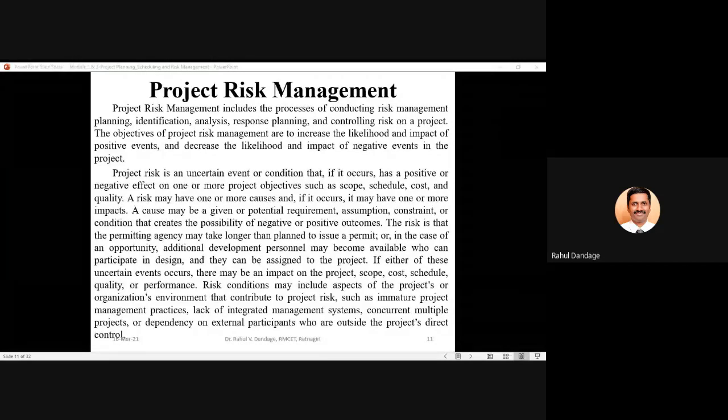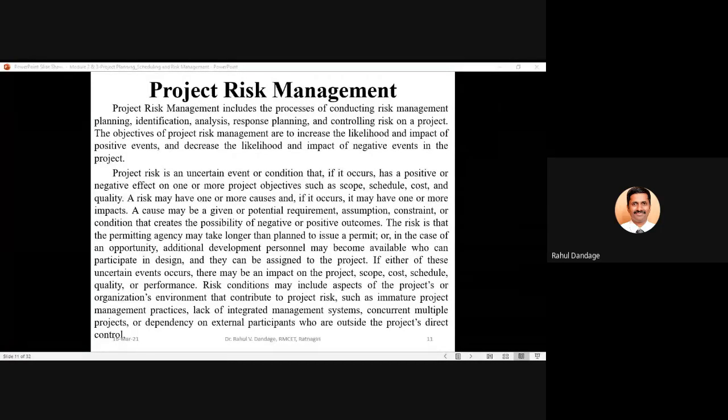Out of the 10 knowledge areas defined by PMI in the PMBOK, project risk management is one of the most crucial, because if risk management is done very carefully, this will ensure that your project has greater chances of being successful.